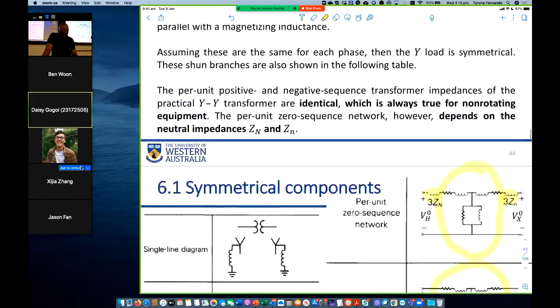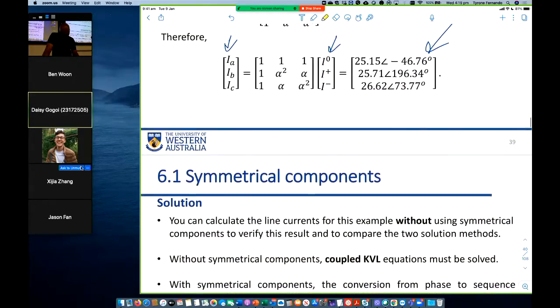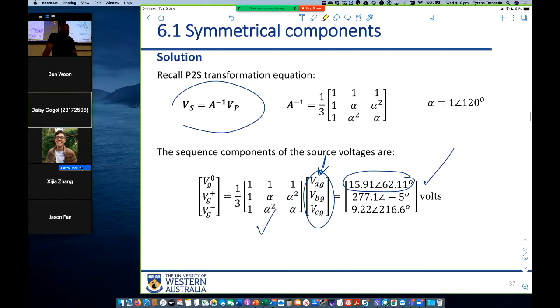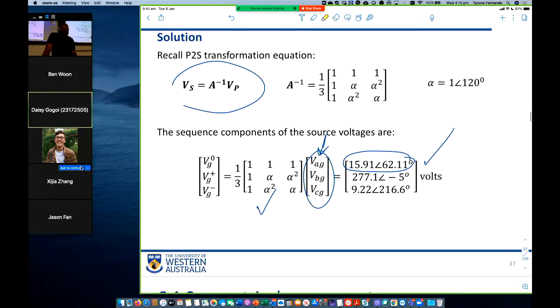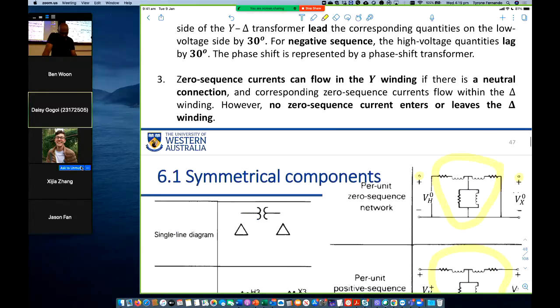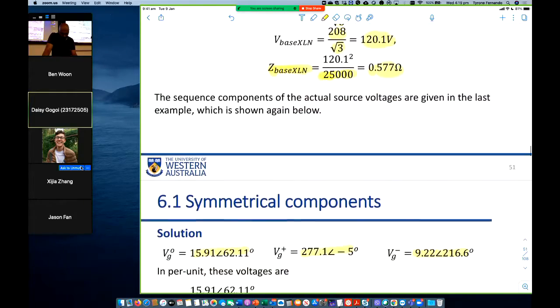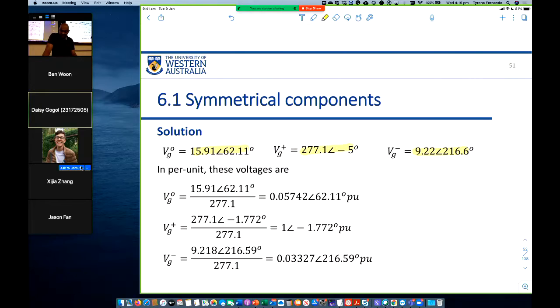These values we calculated in the previous example. These are the sequence values. So now we want to find the per unit